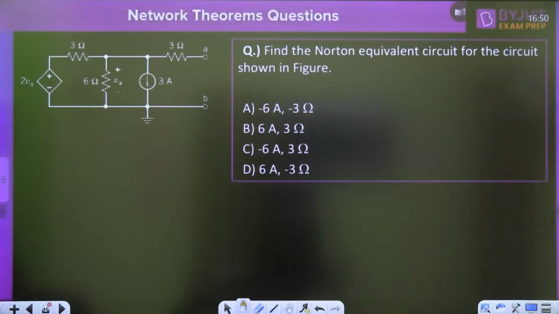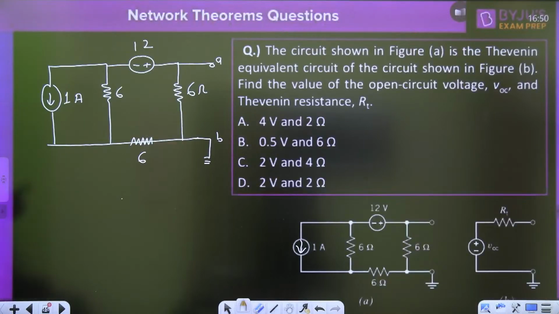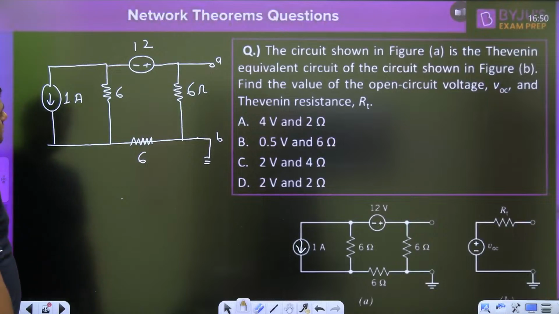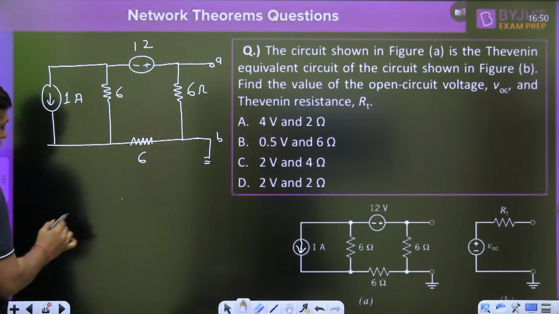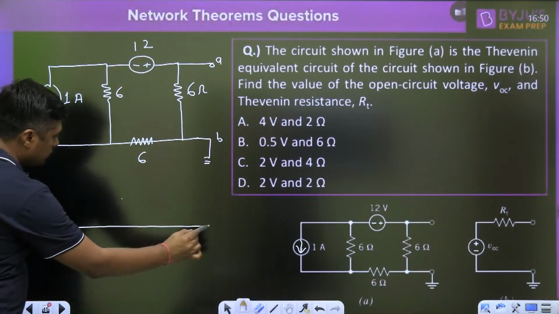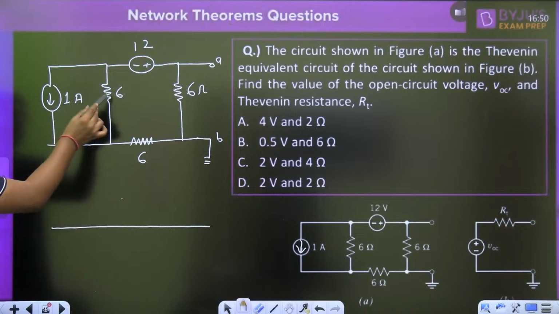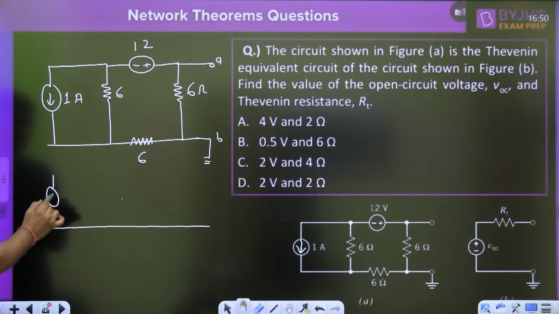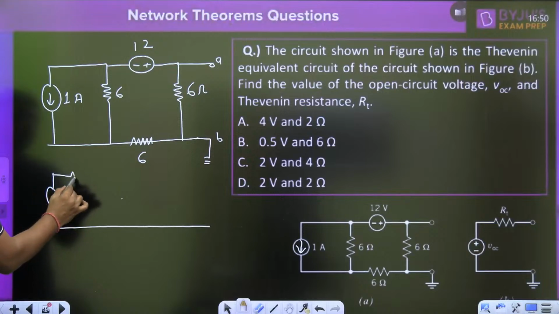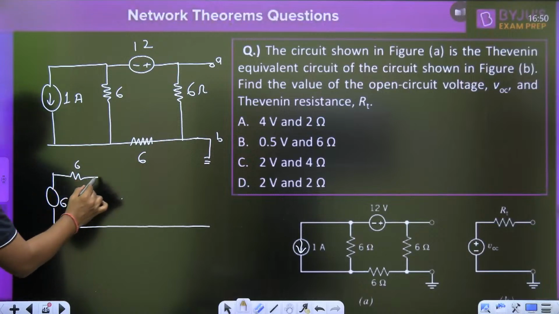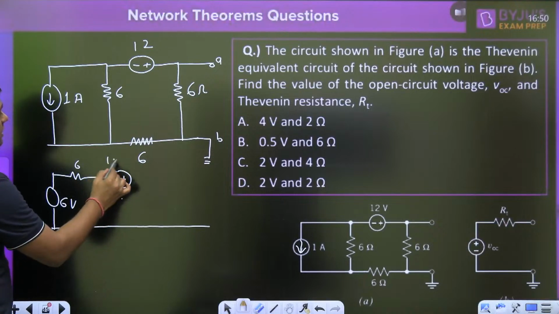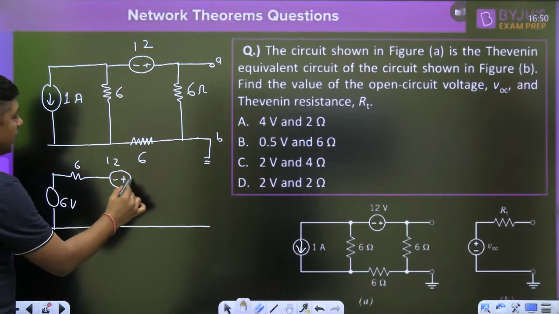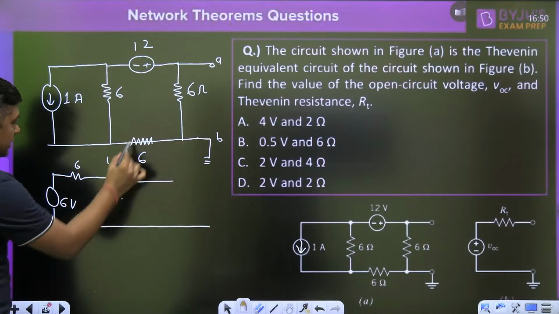What is the source transformation? In this diagram, this current source can be converted into a voltage source. When I am applying it, 1 multiplied with the 6 is converted into 6 into 1, 6 volt. The resistor is in series, that is the 6. There is another battery 12 that will be in series. Then there is another resistor here in a ground,